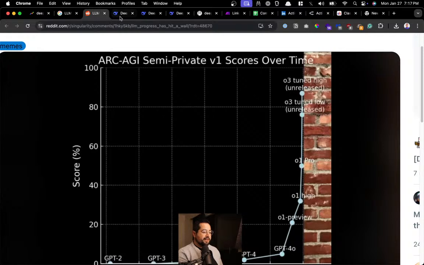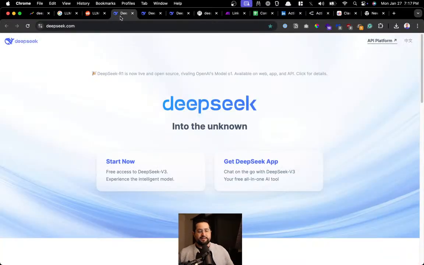So let's now take a look at what Deepseek is. I'm very excited because I got some really cool demos that we're going to play with, and I'm going to show you how you can play with it. So Deepseek, again, the main innovations are: one, it's completely open source. Two, it's completely free. You can access it on the desktop computer by going to deepseek.com.